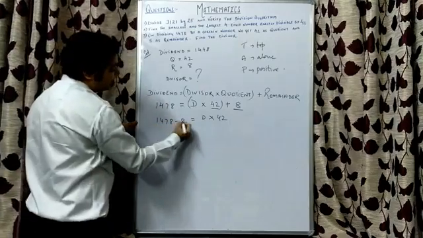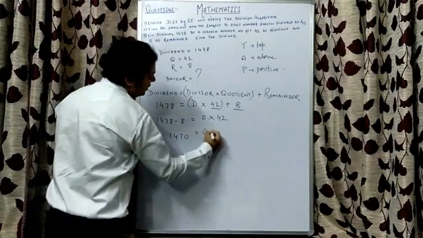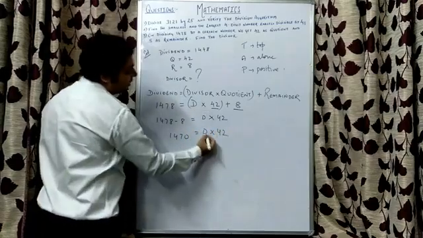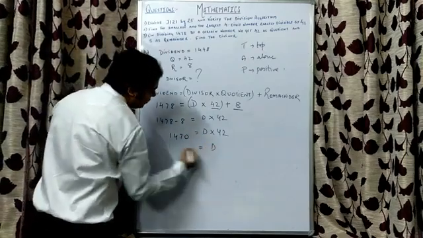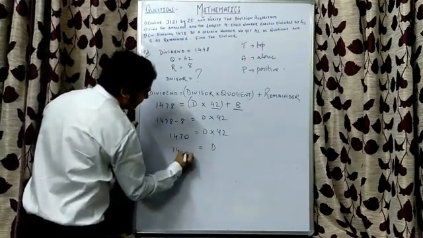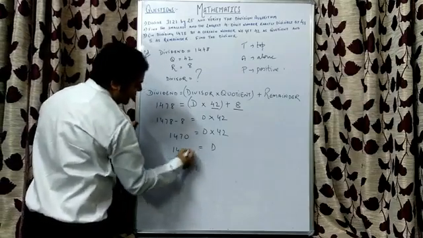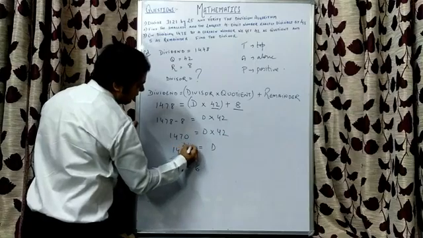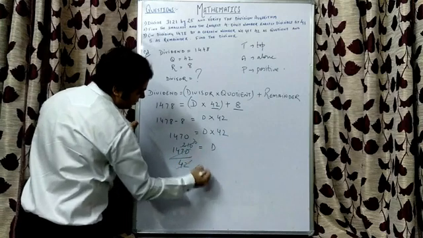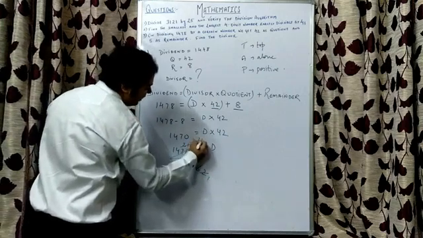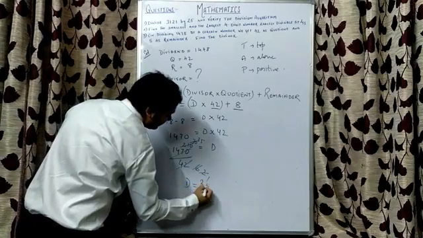Right? 1478 minus 8 will give me 1470. Here we have got D into 42. Now with D, 42 is being multiplied, so 42 in the next step will come down and become divide. Now 7 6s are 42, 7 210s are, 3 2s are, 3 70s are, 2 1s are, 2 35s are. So the value of D, that is divisor, is 35.